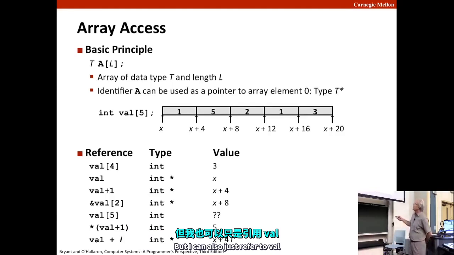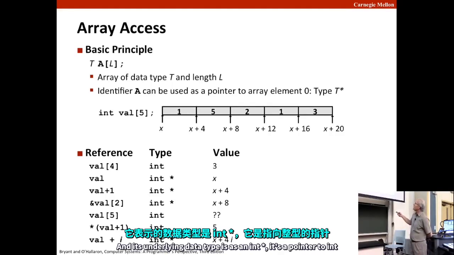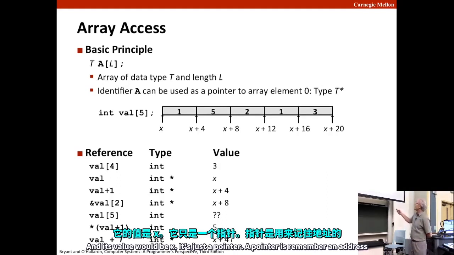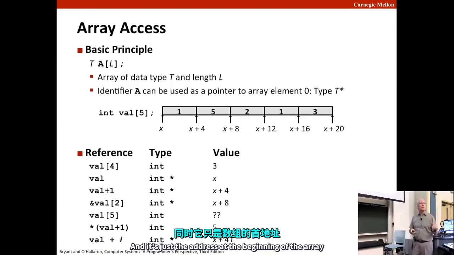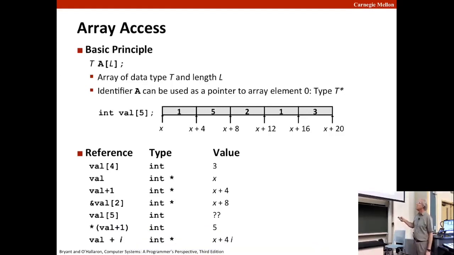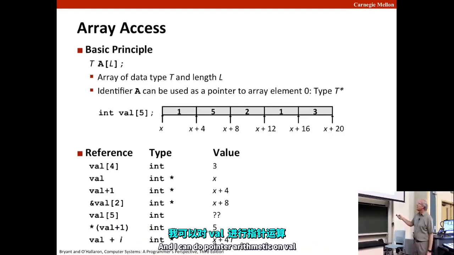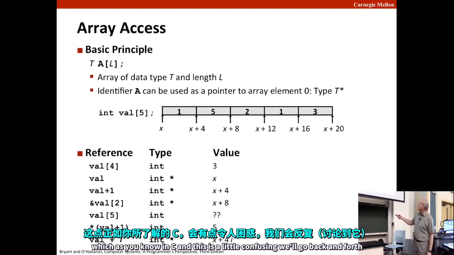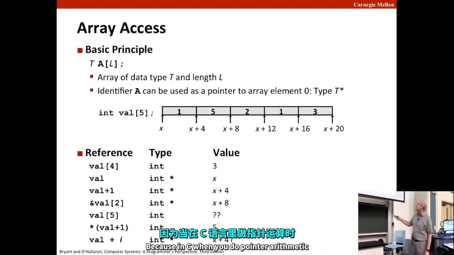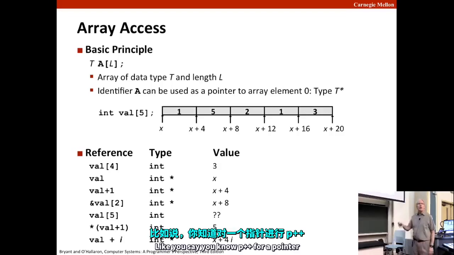But I can also just refer to val, and its underlying data type is an int star. It's a pointer to ints, and its value would be x. It's just a pointer. A pointer is, remember, an address, and it's just the address of the beginning of the array. And I can do pointer arithmetic on val, which, as you know, in C, and this is a little confusing, we'll go back and forth, because in C, when you do pointer arithmetic, like you say, p++ for a